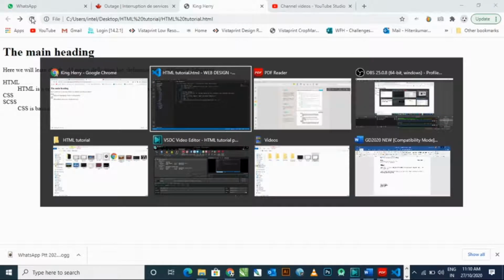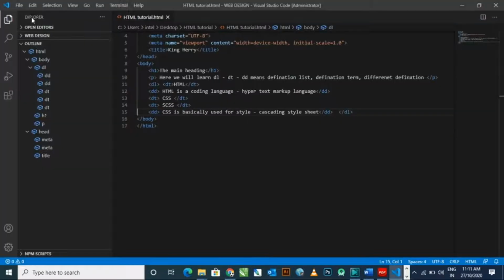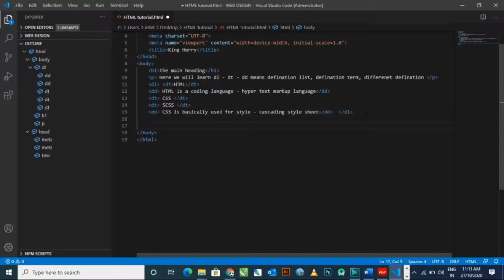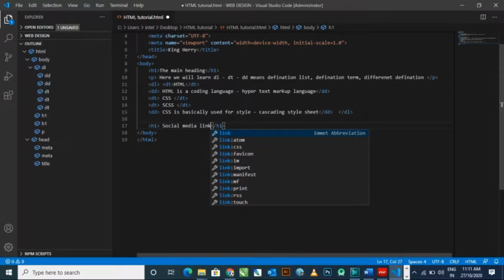For example, if you have two words with a single meaning, a single description, you can mention that easily. Type DT two times, then mention your description with DD. With DD elements you can describe it. It's very easy, but you just have to concentrate on how we can type it, how we can insert it in HTML.